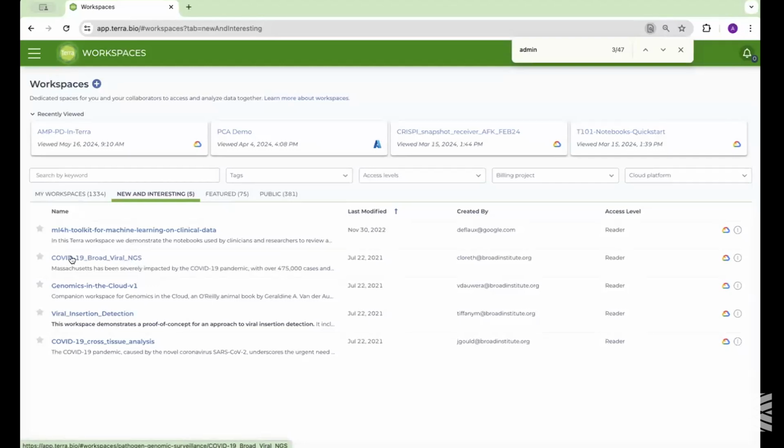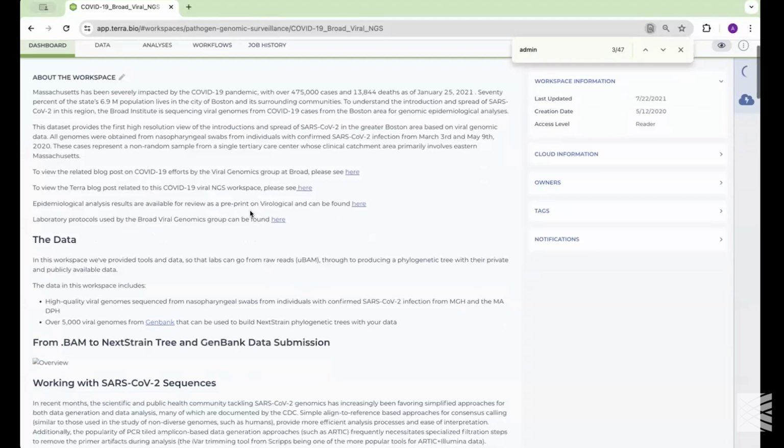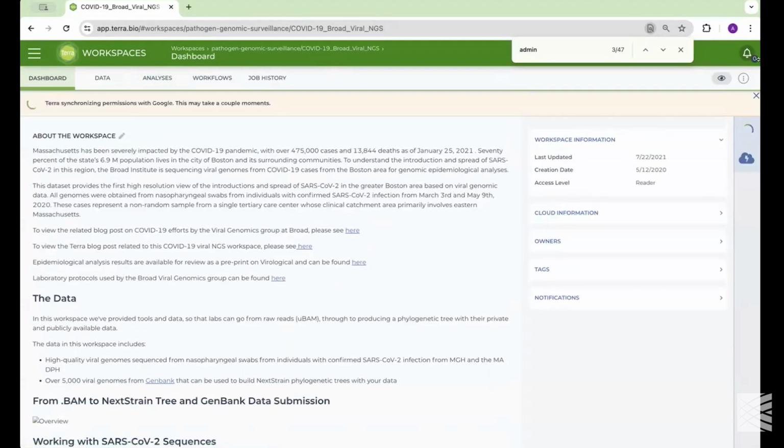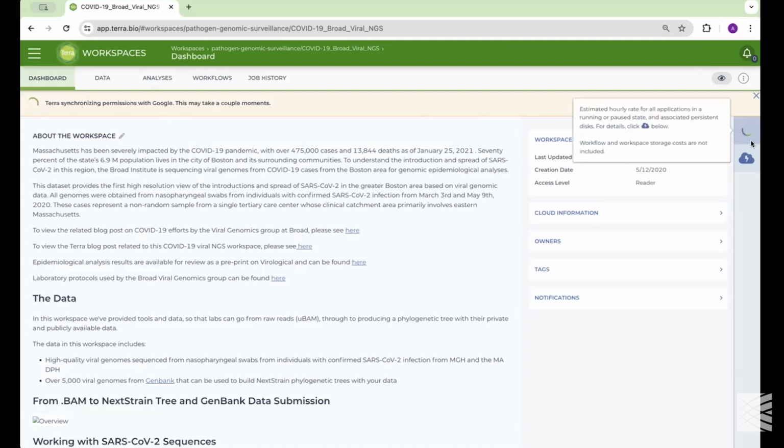I'm going to go to this COVID-19 Broad Viral NGS workspace. So here we are inside of a workspace. I don't think that makes a difference to us right now. So occasionally you'll see notifications when you're browsing around Terra that should not alarm you in any way. But you will notice that over here,